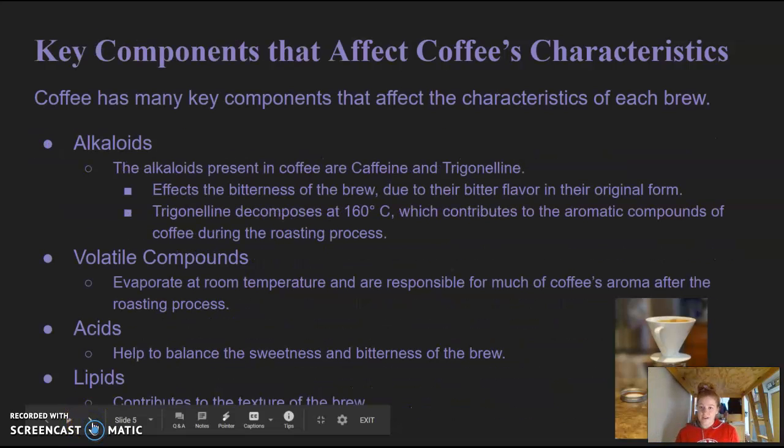Key components that affect coffee's characteristics. Coffee has many key components that affect the characteristics of each brew. Alkaloids being the first. Alkaloids present in coffee are caffeine and trigonelline. This affects the bitterness of the brew, and the reason for that is they are very bitter in their original form. Trigonelline usually decomposes at around 160 degrees Celsius, and this contributes to the aromatic compounds of the coffee during